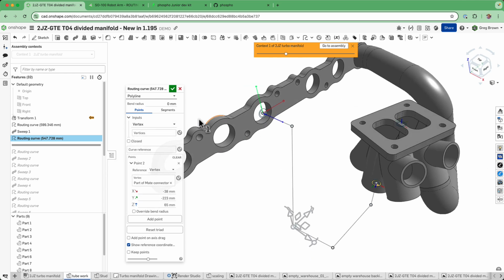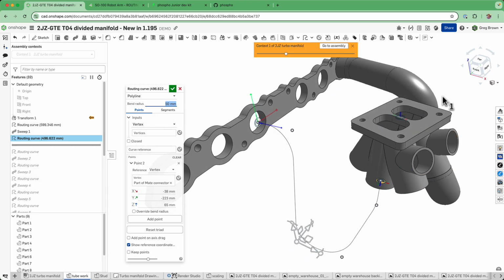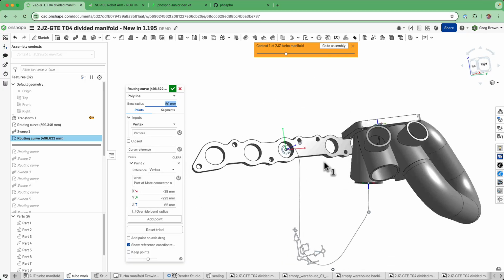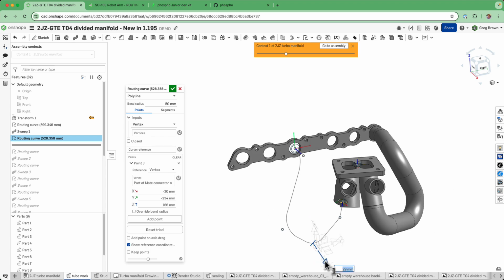So you can put a global bend radius for your routing curve of polyline type just by typing in a value up the top here. So let's go with 50. That's pretty good. And I think that's the same radius that I've used on some of the other parts of this. Now the good thing is that once we've got this global bend radius in and we continue to manipulate the curves, those radii will be updated. Well, they'll stay, and as we move the vertex,